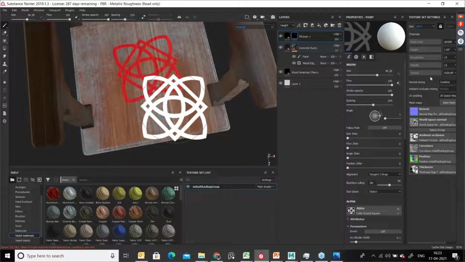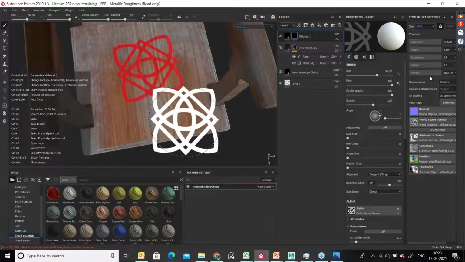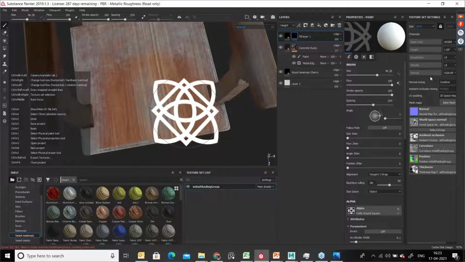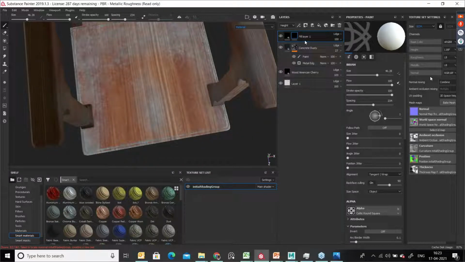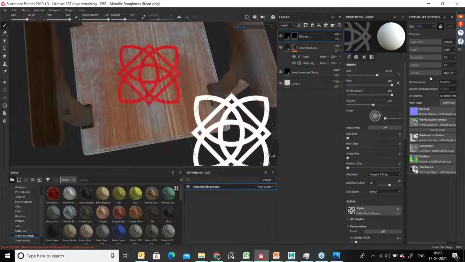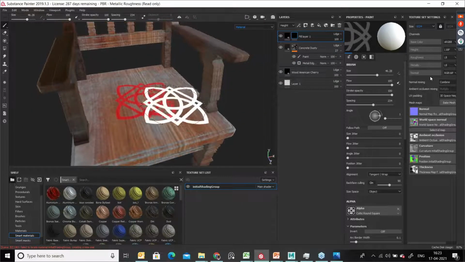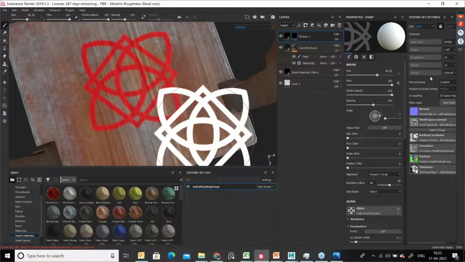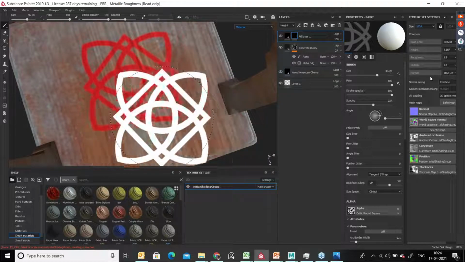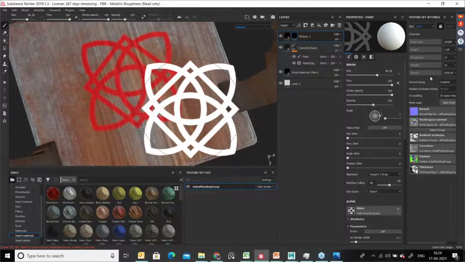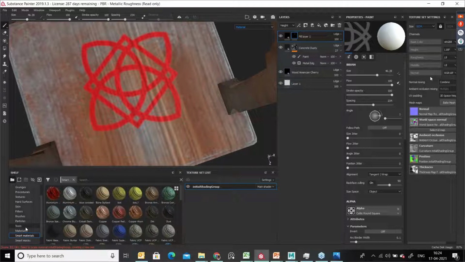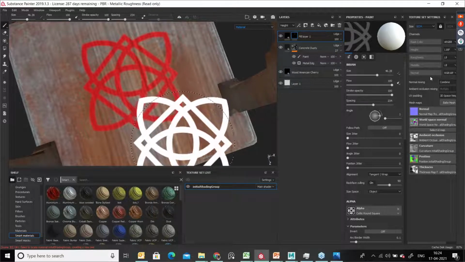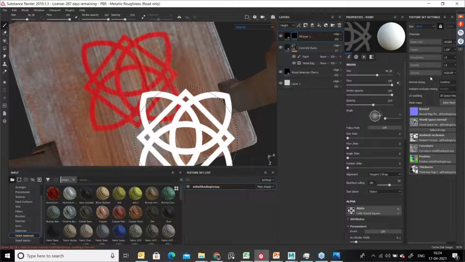Yes, sir. So like this, you can load some logo or some labels, whatever you want. You can see when you do this, it's looking a little new, right? It's not looking old. So what we have to do is choose some brushes to make it look older. So how do we get an older look with a brush?